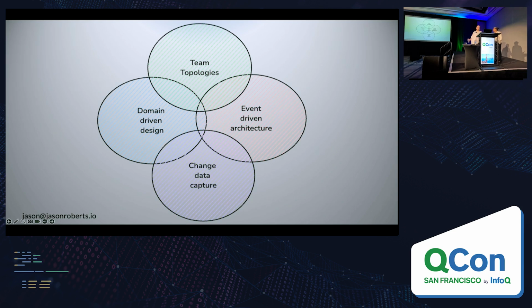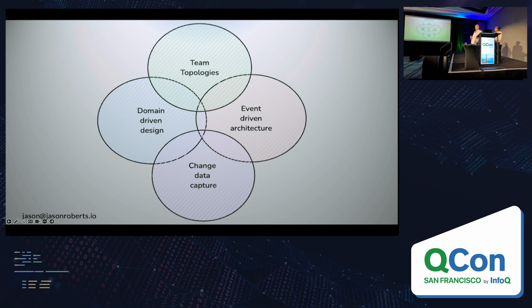A lot of you probably know what these things are already, but just for the benefit of the people who might not know, domain-driven design is a software development methodology focusing on modeling, specifically modeling data and modeling events that happen within a system. And it gives us the tools to redefine and reshape the data, which is in the mainframe and hard to consume, to something that's more business-friendly, more developer-friendly, across the entire spectrum of that value chain.